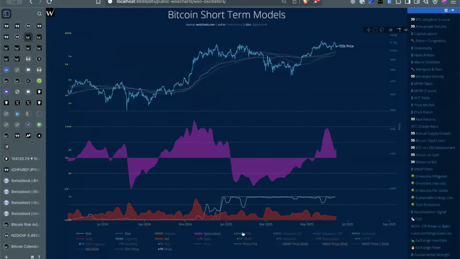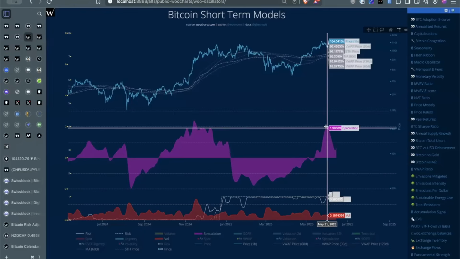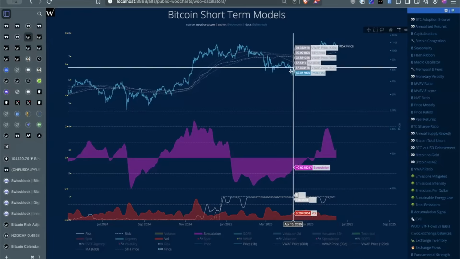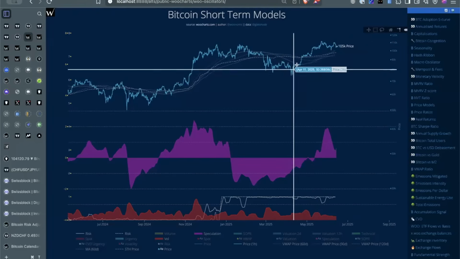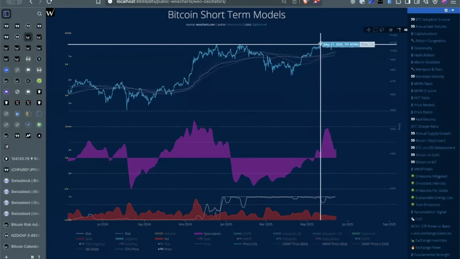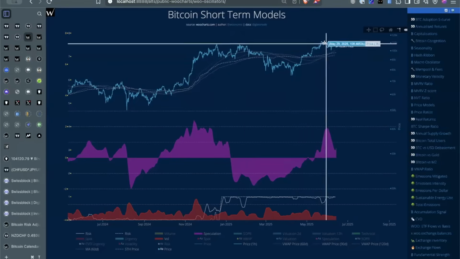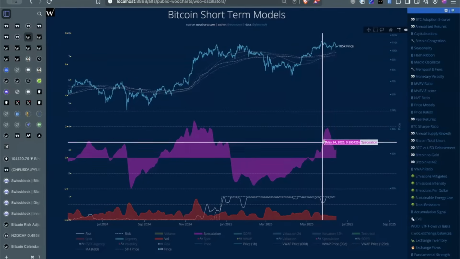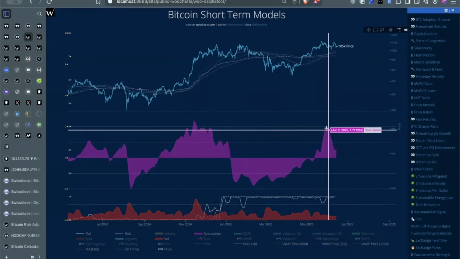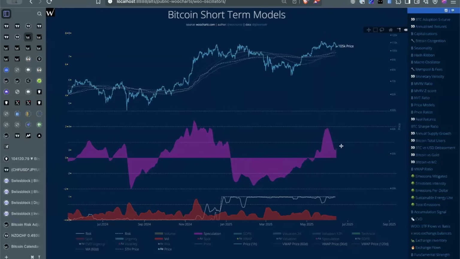So the purple here, what we're tracking is the speculative casino games played on derivative markets. What we saw was we had this huge run up that investors drove and really tailed on to this move, probably with an expectation of breaking all-time highs. We had all of this paper flood into the system with long demand.